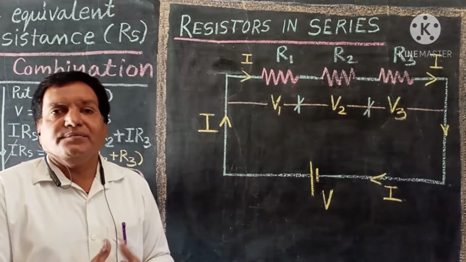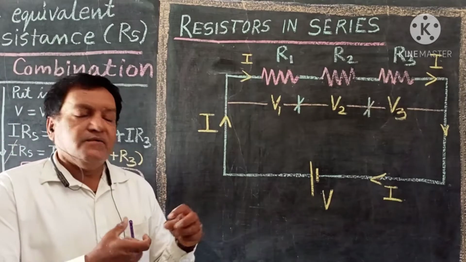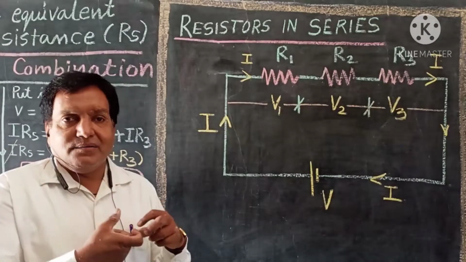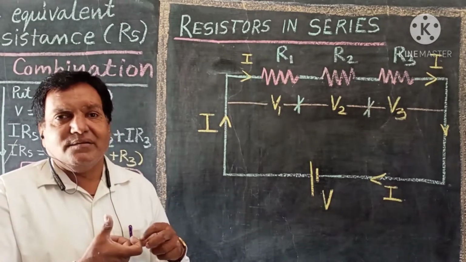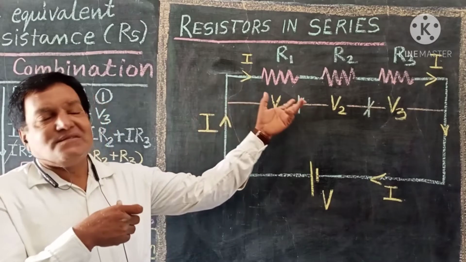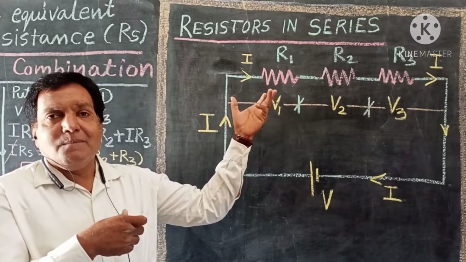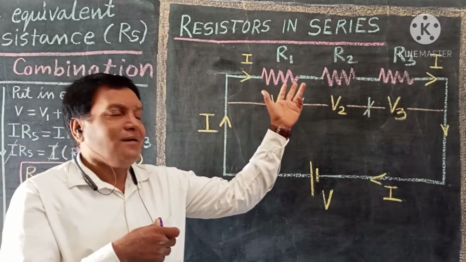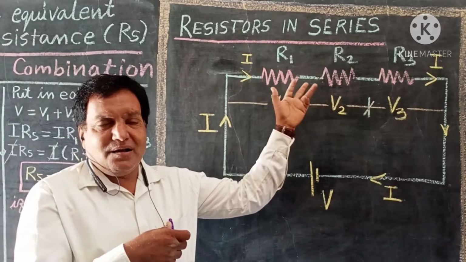You know a chain, where various rings are connected one after another or back to back. In the same way, the resistors, when they are connected back to back or one after another,